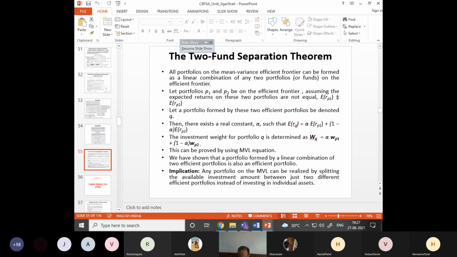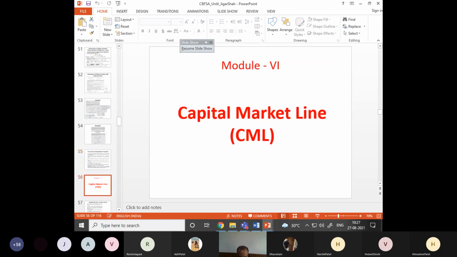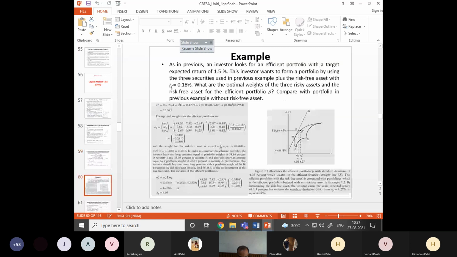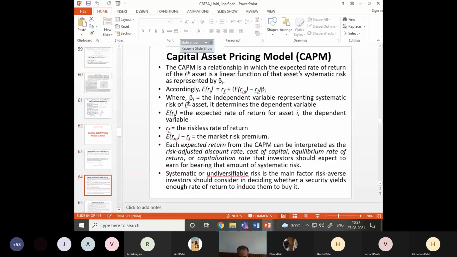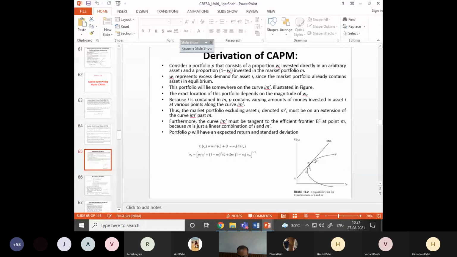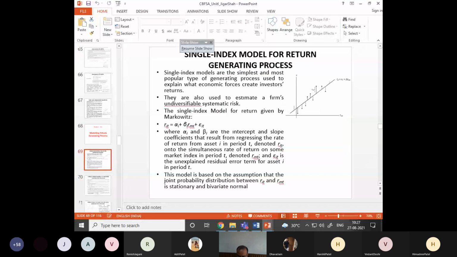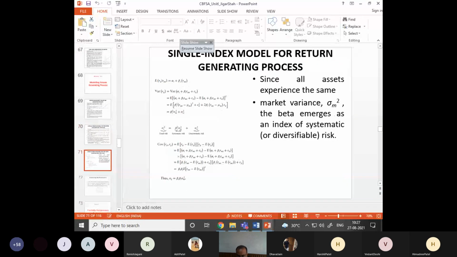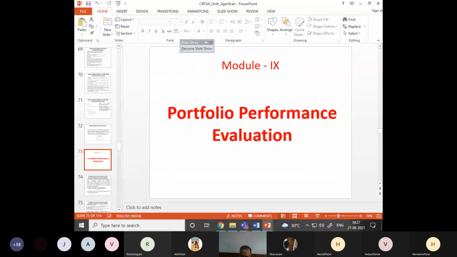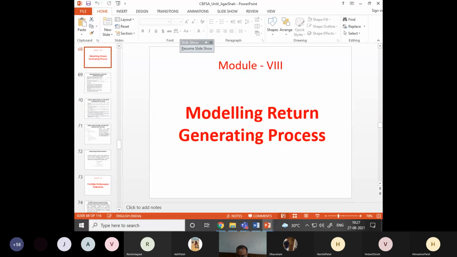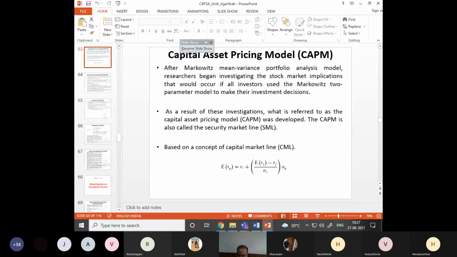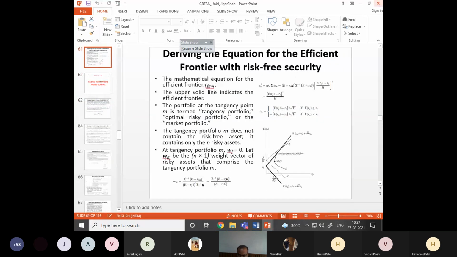That's it. I hope this procedure is clear to all, or any doubt? In the next week, we will go to the capital market line CML and the capital asset pricing model CAPM. I am targeting to finish this unit 1 next week, by covering CML, capital asset pricing model, return generating process, and the calculation of portfolio performance evaluation. I want to complete all this at least, so that we can start the MATLAB experiment based on this portfolio optimization.